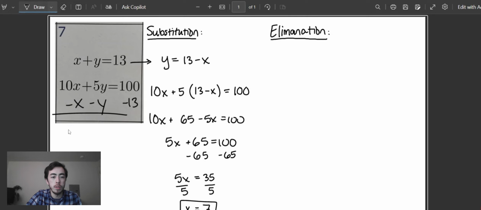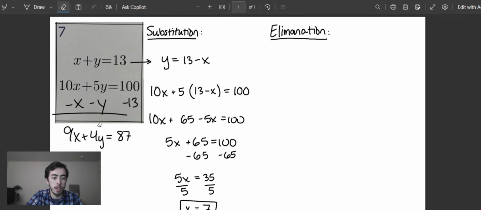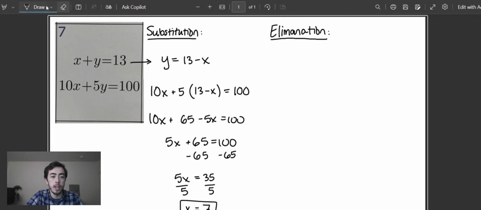Now this doesn't really help me because I get 9x plus 4y is equal to 87. This is a true equation in this system here, but my goal was to eliminate my y's. I want to solve for x. I want to get rid of y. So beforehand, I would like to line up these y's and get a 5y right here so that these will